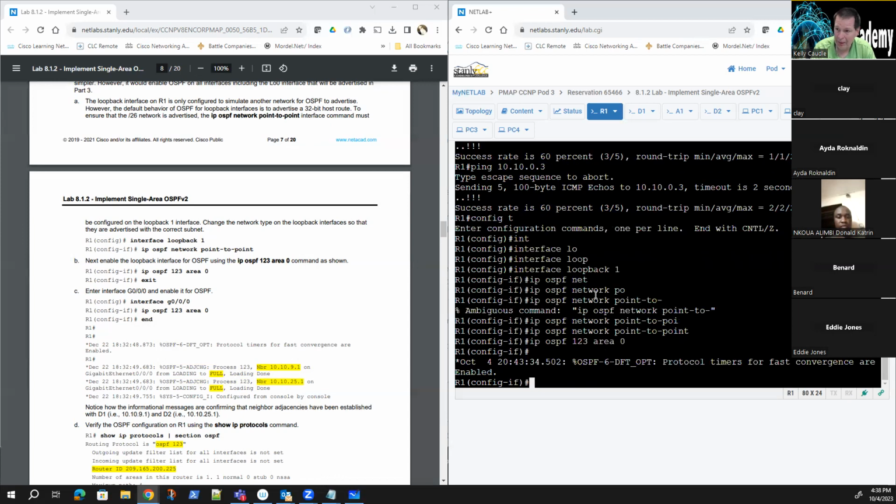And that assigns a loop back into area 0. Then we're going to exit back out. Actually, we can just go straight over. We don't have to do it this way. Int gig